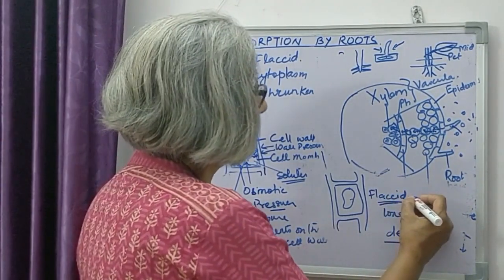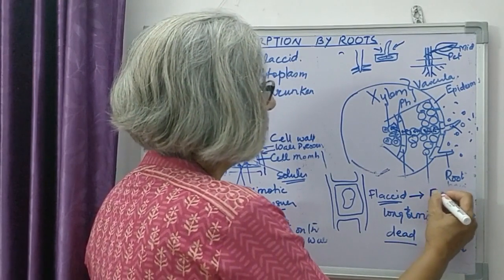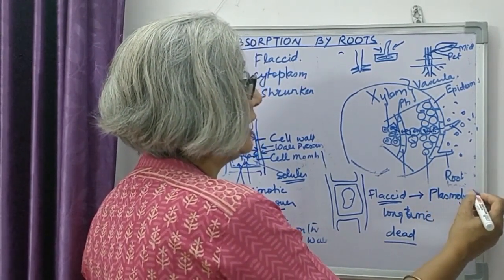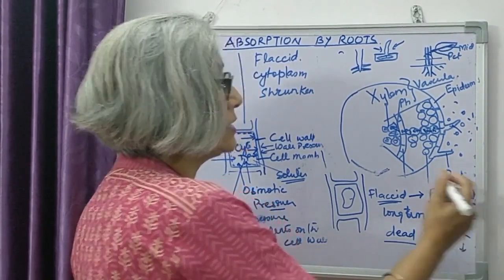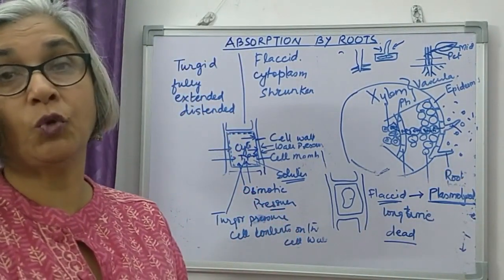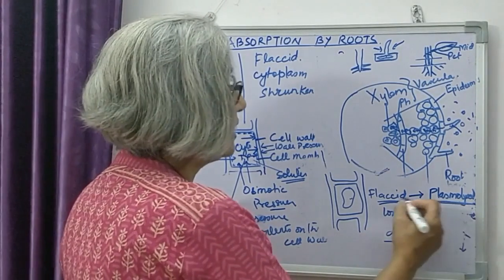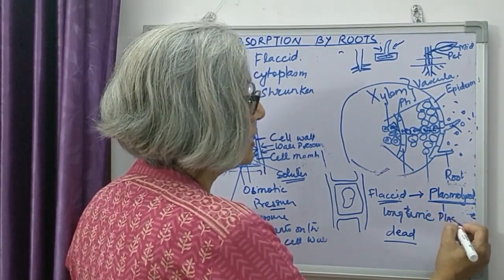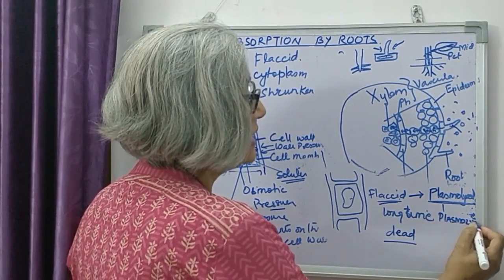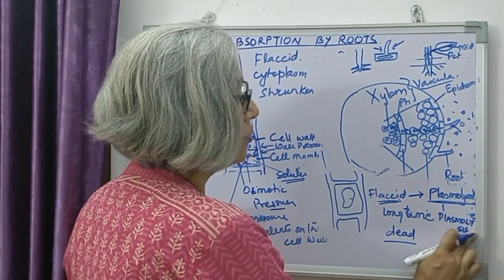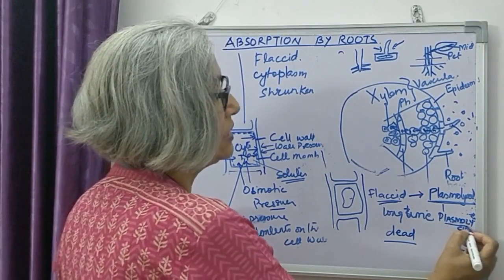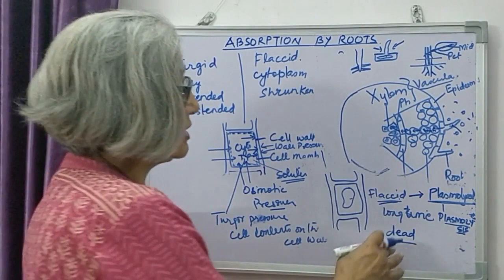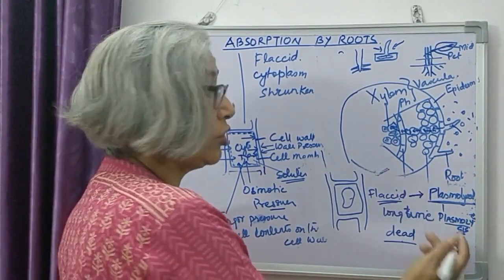Now, when the cell becomes flaccid, we also say the cell has got plasmolysed, and the process is plasmolysis. Lysis means breakdown. But before it has got completely plasmolysed and dead, and it is put back in water,